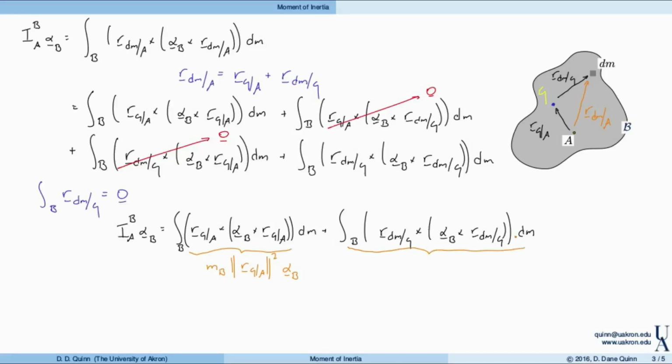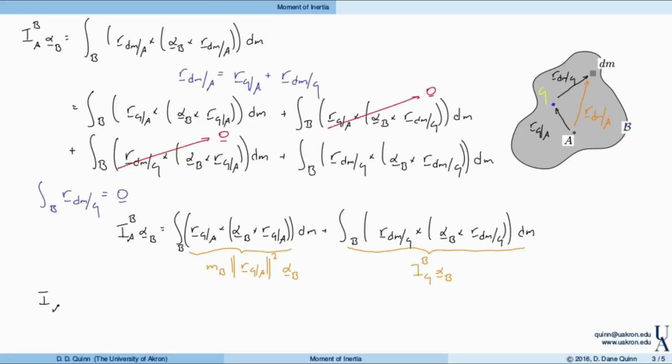Likewise, this term is actually just the moment of inertia about the mass center times the angular acceleration. Compare this and this term. If I simply replace a with g up here, I get this integral. So again, this is the moment of inertia of the body about the mass center. As a result,